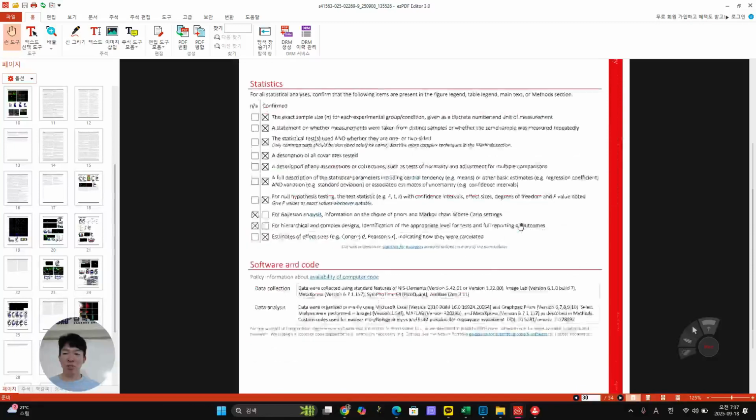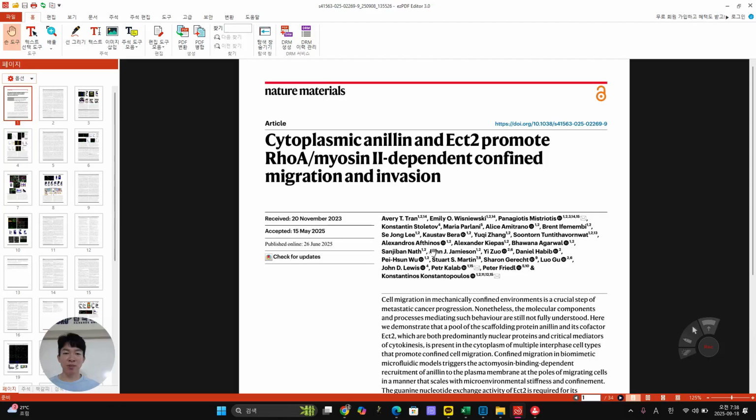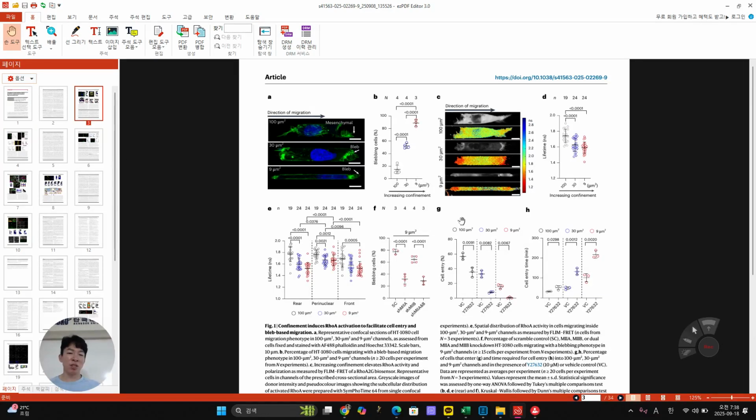Okay, so this is the end of this paper. The message of this paper is that they look into very much this confined migration. The confined migration concept was published in Science like 15 years ago. But this is their new finding. Okay, the cell can go through a confinement even smaller than the nuclear height. It's a very fascinating phenomenon. And then people want to know how cancer cells can migrate in this kind of small area,